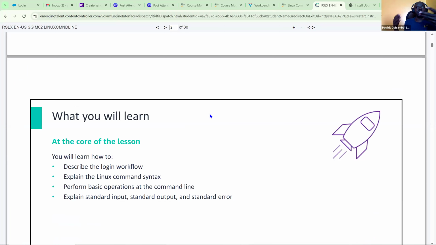Okay, so the Linux command line. Linux fundamentals. Joy had also mentioned that Linux is a foundational knowledge that you guys need to have if you're planning to work in the cloud. Why Linux? Because most of the servers that we have across different cloud platforms use Linux. So it's important for you to know how to deal with this.